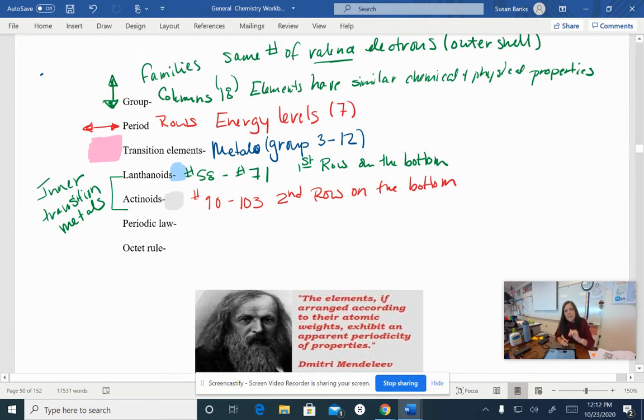He noticed that if he put the elements in order of their masses, he saw repeating patterns over and over again. So that repeating pattern, he called it periodicity, meaning every period, every so often, he would see the same pattern over and over again. So periodic law is the chemical and physical properties